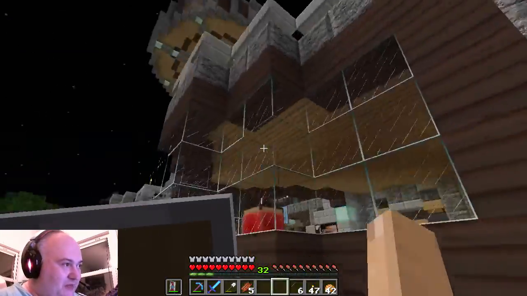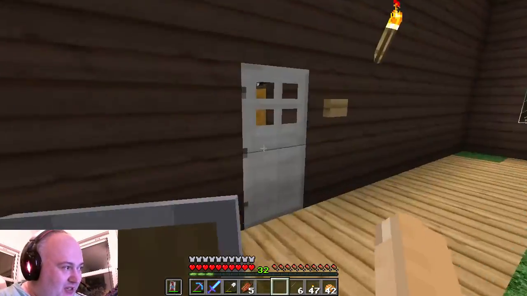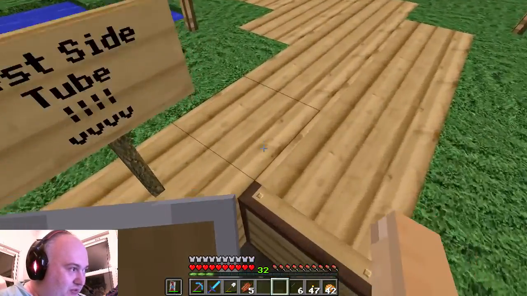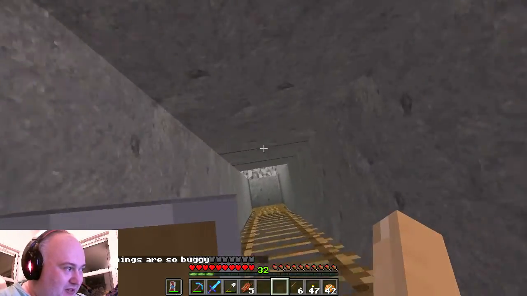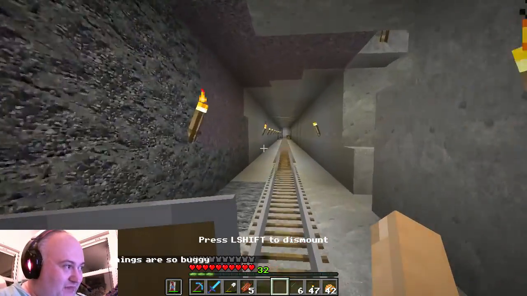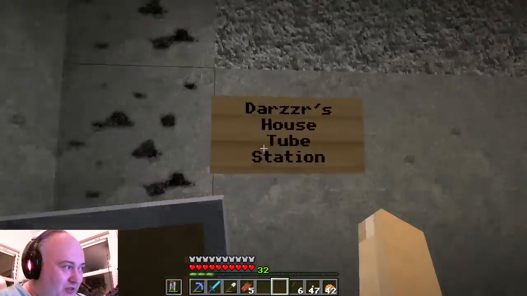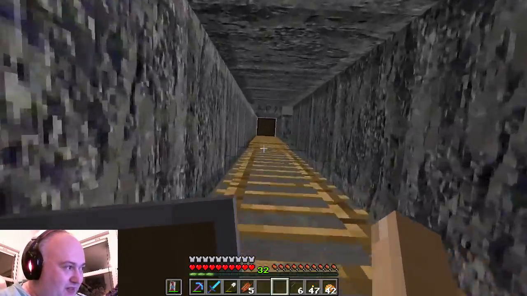And because I am the mayor of Westside, there is of course the Westside Tube Station, which conveniently runs from the storage room right the way through to here we go. It's a bit undecorated, but it takes us conveniently through to the other station, which is Darzzr's House Tube Station. And so up here,